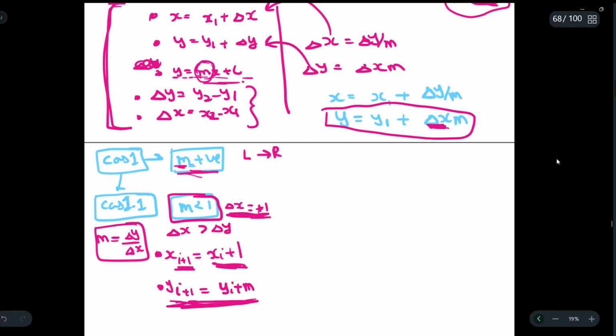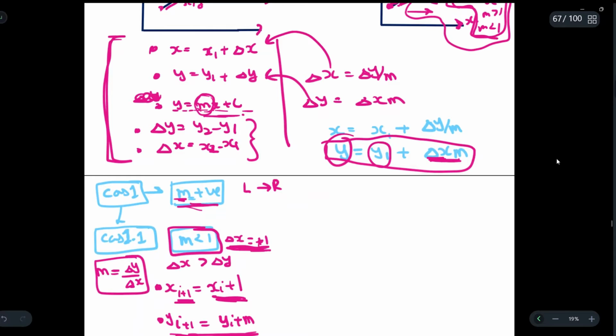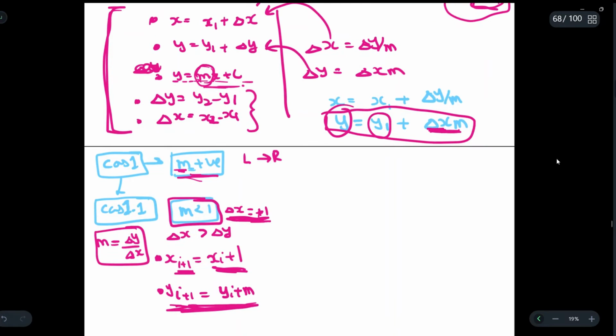That is, your yi plus 1 will be equal to yi plus m. This was the next coordinate and this was the previous coordinate, and this was del x plus 1, x plus m, in which we wrote del x is equal to plus 1. Now similarly, let us come to the other case,